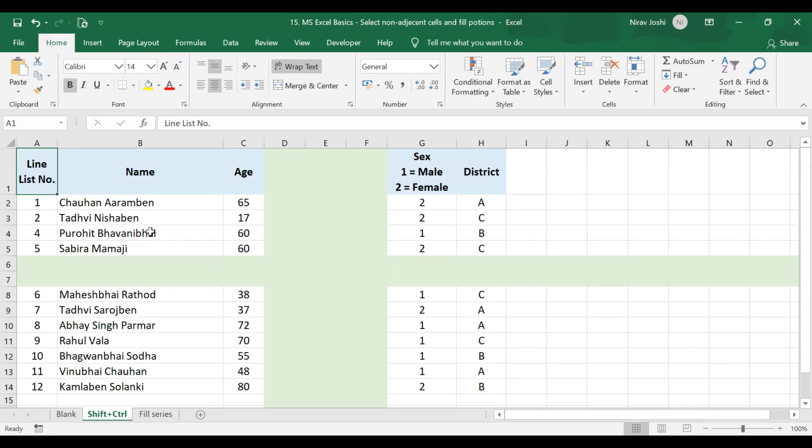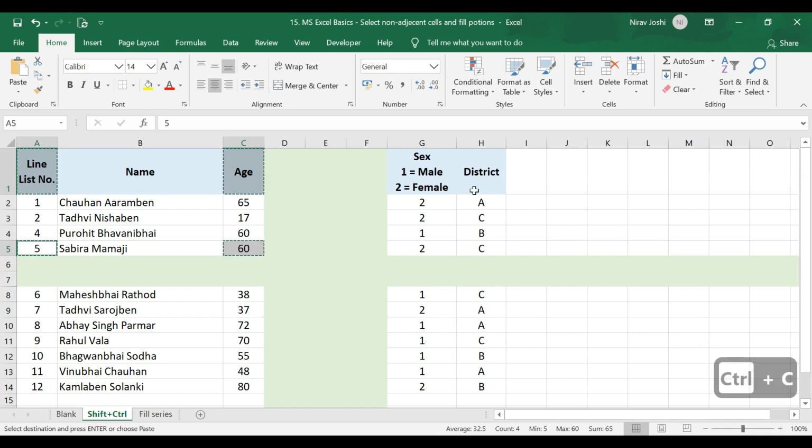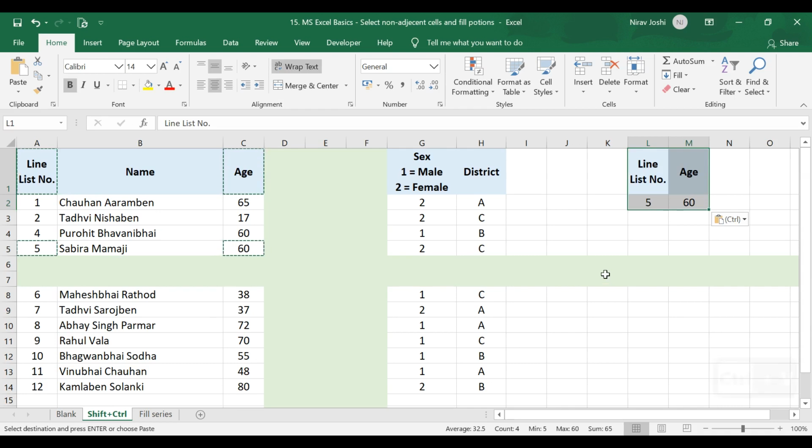While continuously pressing the control key, you can click on 4 or more different cells and you can even copy them and paste them to a place by Control V. Here you can observe that whatever cells we didn't select in between are not being pasted, only the 4 cells are being pasted. So whatever space is there in between will not be considered while pasting the data.